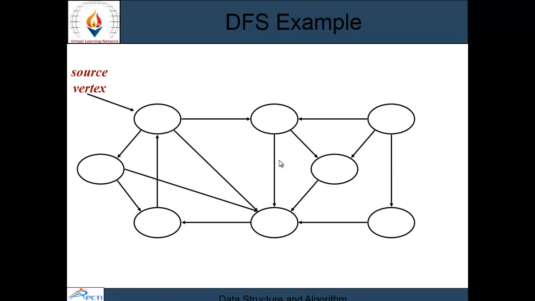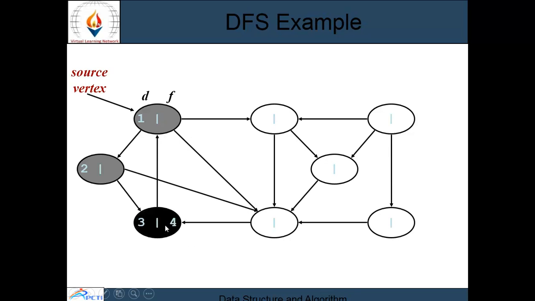Again, I will give you an example. This is a DFS example. If we take this vertex as the starting node, then firstly we will color it white. After that, when we discover this node, it will be colored gray. Now, this second node is in the depth of the first node. We discover it and color it gray. And then we reach the third node, which is at the depth of the second node, and we again color it gray.